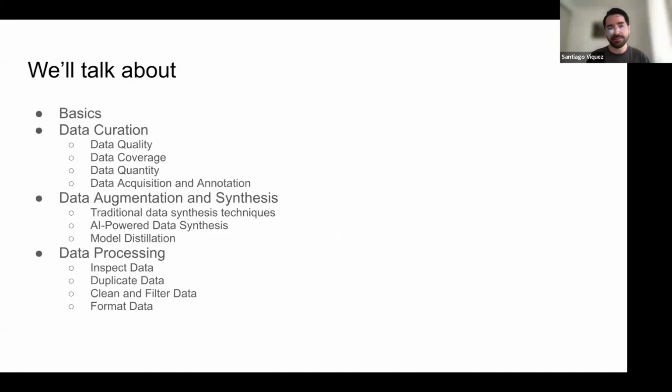So we'll talk about the basics, data curation, data augmentation and synthesis, and data processing. Maybe the most AI-related part is this part. And the rest, I would say, applies for almost everything in data, or any job that has to deal with rows and columns, or images or text.